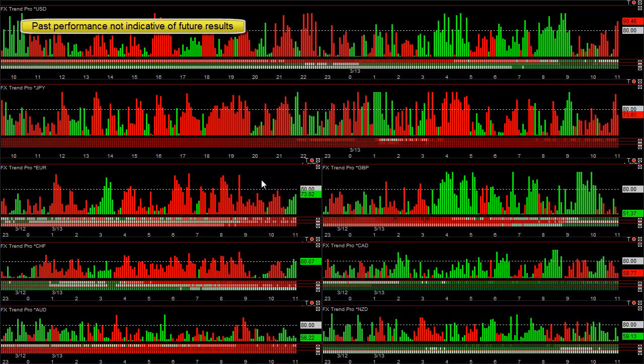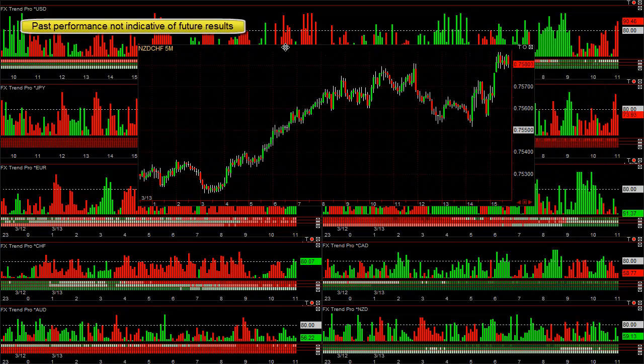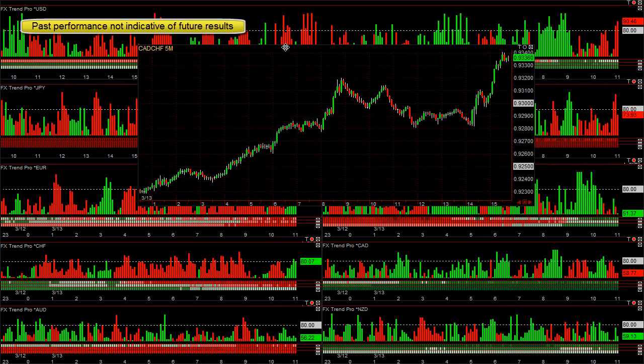Let's look at some of the other trades we have on here. Very weak Swiss. The CAD was also very strong. So this is not a currency that I tend to keep up and running, but you can buy the CAD Swiss. Take a look at this, just straight up. And you can see the CAD was strong on all time frames, and you had a very clear signal to the downside, a lot of weakness for a couple hours, hitting the 80 level, and then during the pullback phase,